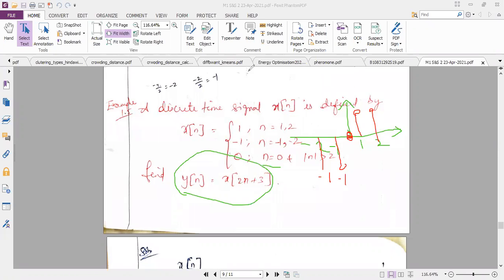So here also, if you see in the question, do we have two properties in this? One is scaling, the other one is shifting. So can we try the precedence rule? The precedence rule says I have to apply shifting first. So shifting means on my y-axis, what should I write? I should write x of n plus 3. I am first doing the x of n plus 3 operation. X of n plus 3 means I have to shift it minus 3 times towards the left hand side.